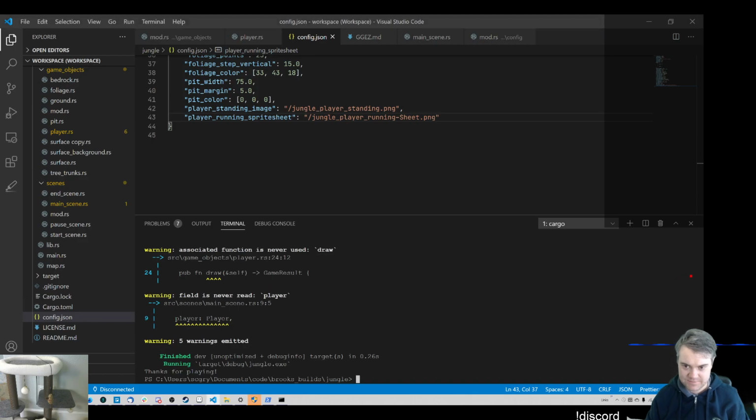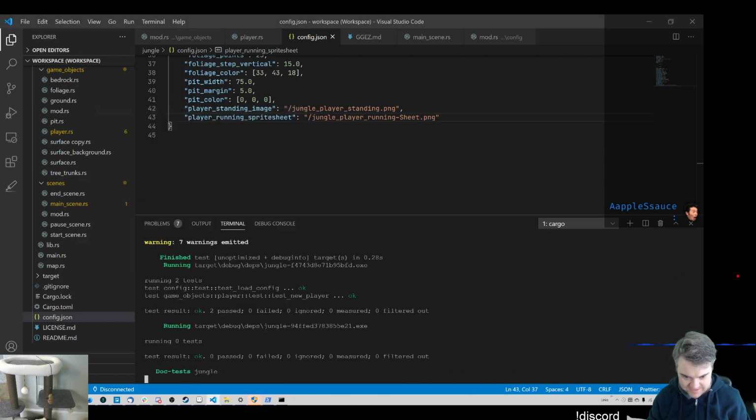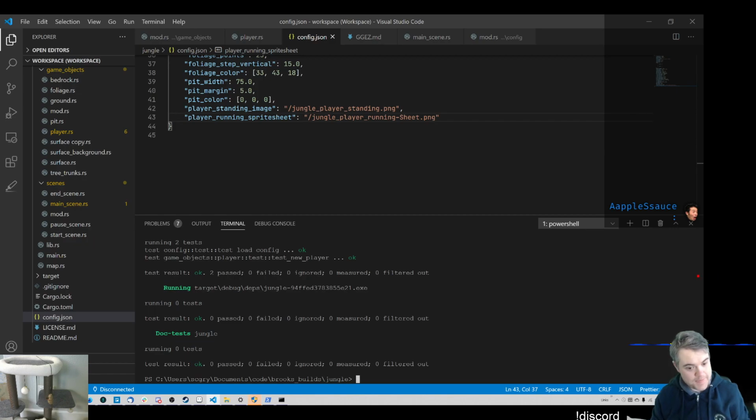That is awesome. And so if I do a cargo test, that worked too. All right. So okay, we're now in a good state. Let's go ahead